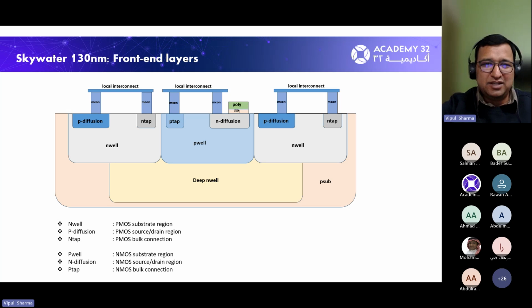So this is a basic structure of how a typical front end layers of any CMOS technology looks like. This is a P substrate, a silicon wafer, on which you will start building your layers to implement transistor. Then there is a deep N well, which is used to make P well, and then there's N well, which is used to make NMOS transistors, and then these are other diffusion areas for building drain, source and bulk connections. And this is the poly layer for building the gate connection. And these are the local interconnect layers which are used to connect different transistors or the elements, which I discussed